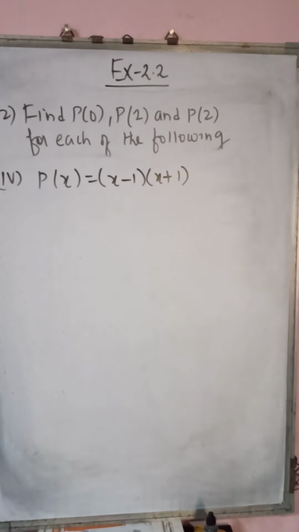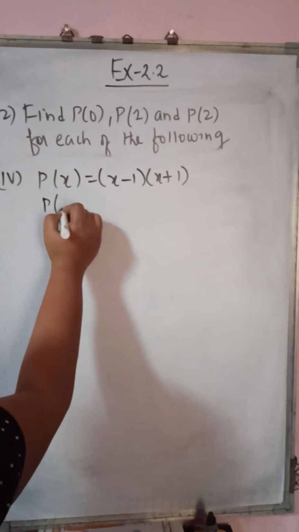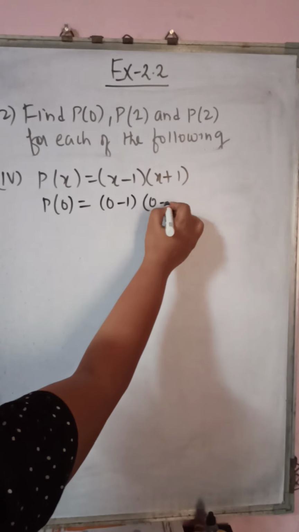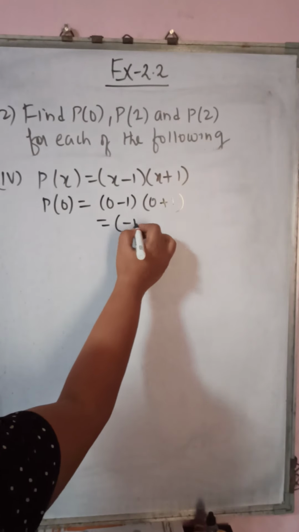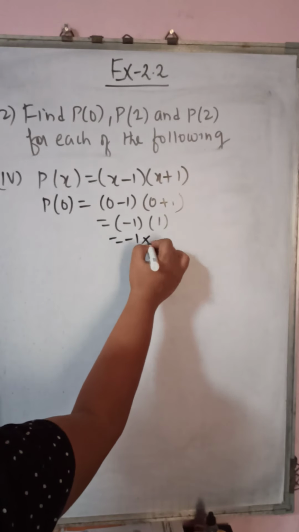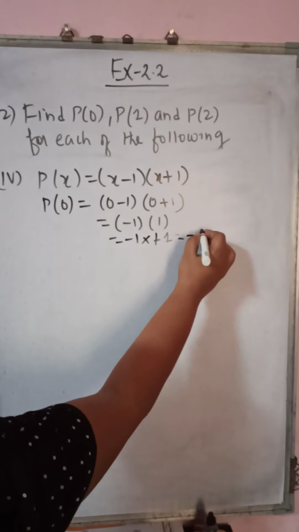Question number 2, fourth part. The polynomial is P of x is equal to (x minus 1) into (x plus 1). Same thing we'll do. First we'll put 0, means wherever x is there put 0 in place of x. So 0 minus 1 is minus 1 and 0 plus 1 is plus 1. Now minus 1 into plus 1 will be equal to minus, plus, minus into plus is minus, and 1 into 1,